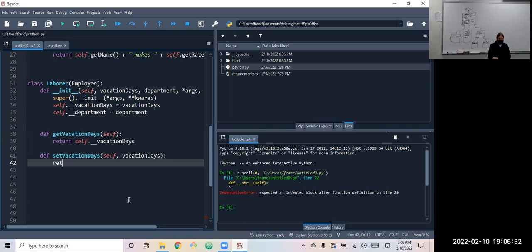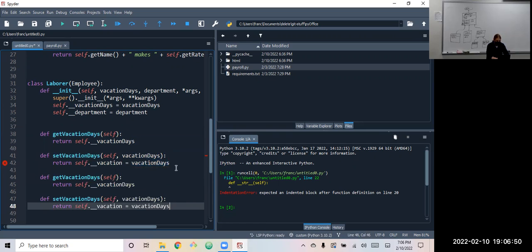Obviously, those are reference names that are immediately being applied to something else. So it doesn't really matter what you want to call it. Same thing on the others. I'm just going to copy and paste that. So copy that, paste it, and instead of vacation days,